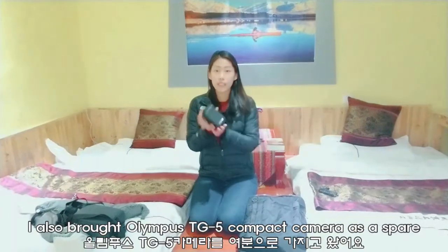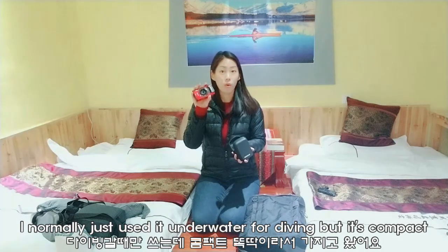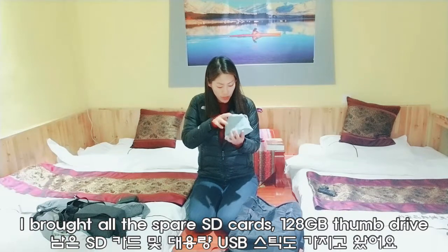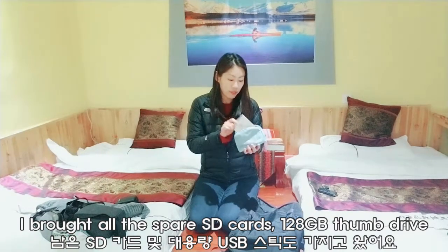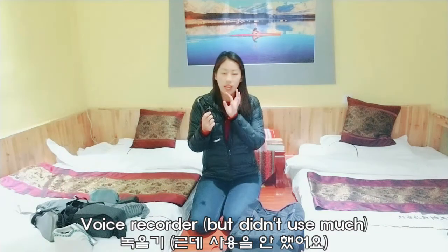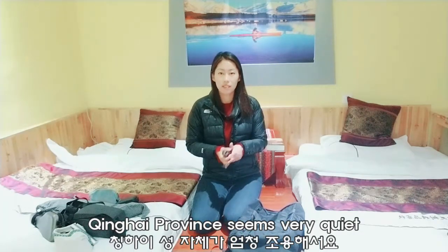And I also bring a TG5 camera as a spare camera. It is mainly for underwater, but why not? It's such a small camera. Here I bring all the spare SD cards and thumb drive just in case I need to get pictures from my other friends. Voice recorder, which I probably wouldn't use too much unless it's super windy,